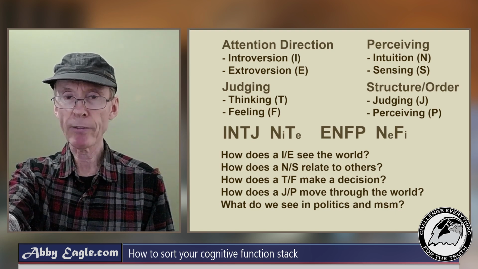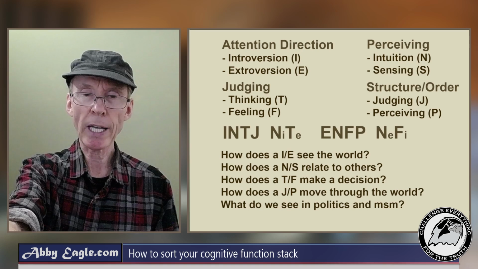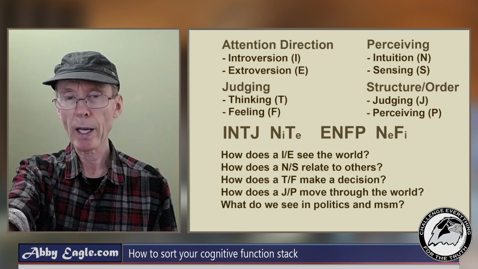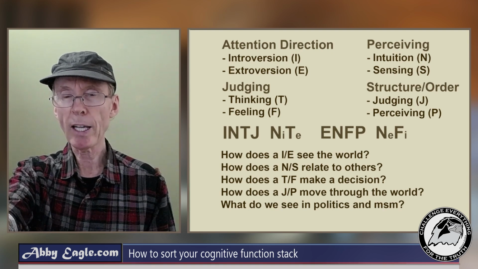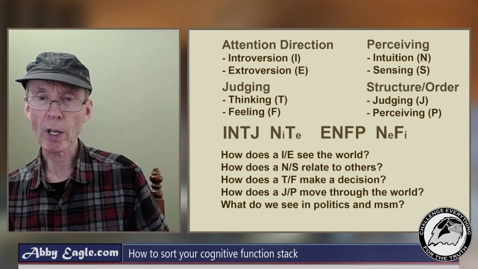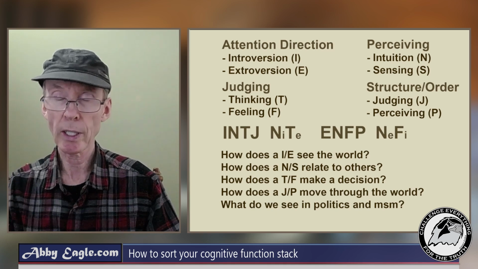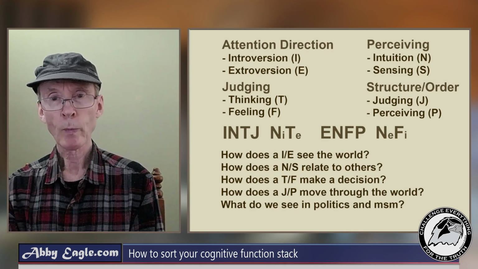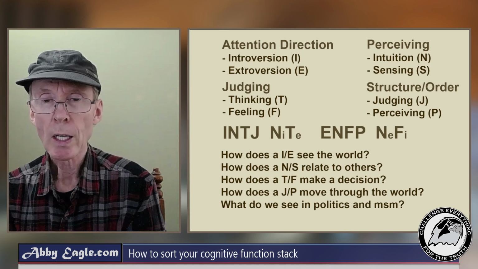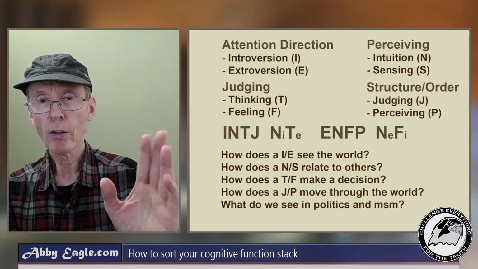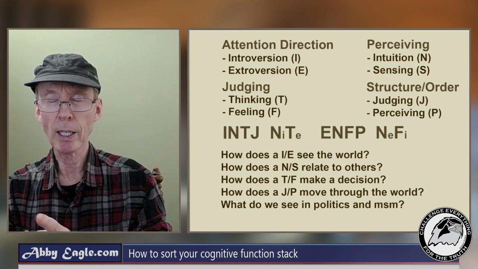So you get NEFI, and the person's extroverted, so the NE goes first. So the ENFP, their dominant function is extroverted intuition, their secondary function is introverted feeling. So that's pretty cool. Once you know somebody's four-letter code,